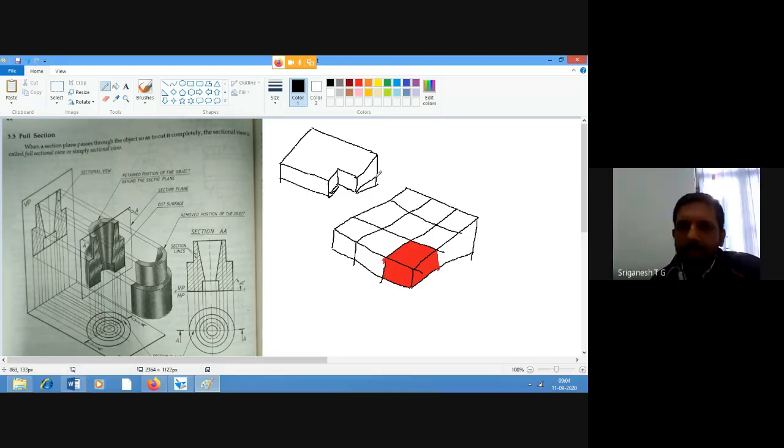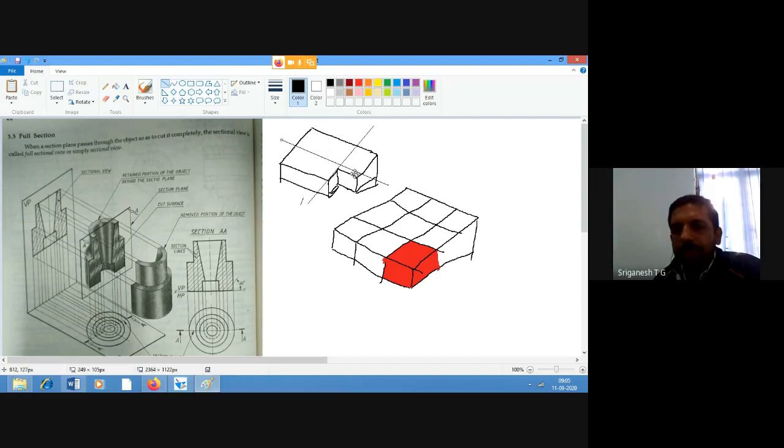Sir, what is this? Can we call this full sectioning? See, I am going to cut like this, but not completely. Also, I'm going to cut like this, in an L shape. Okay, right? So it's just like you cut a cake. You're not going to cut that cake completely into two pieces. Only a small portion of that you're going to remove, isn't it?